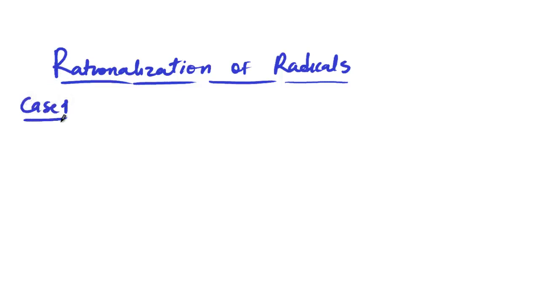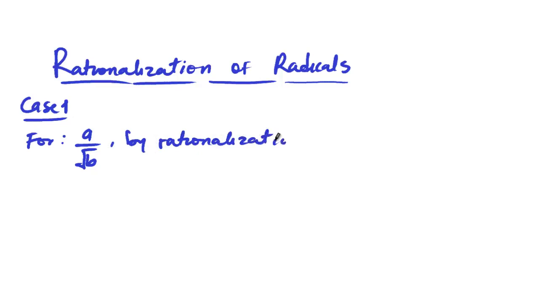For case one, I will consider a case whereby you have a over square root of b. So I'm using square root radicals in this case. If we rationalize these radicals, this will return a over root b